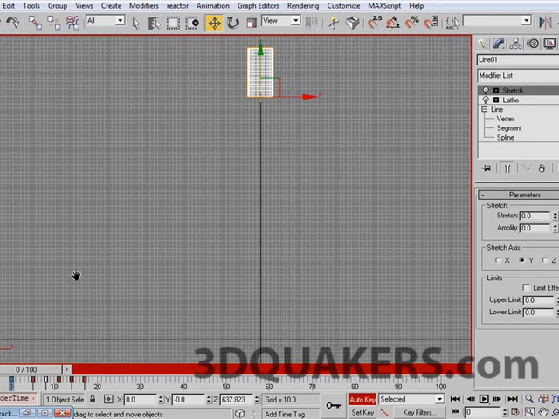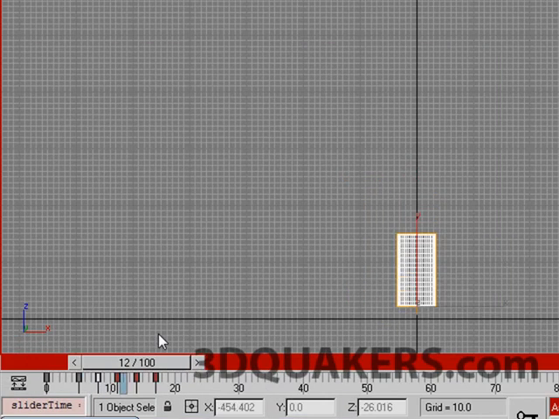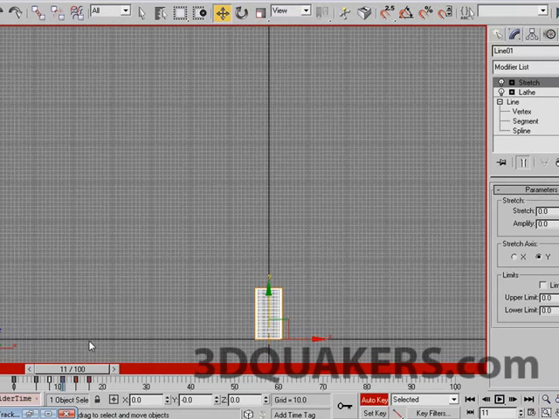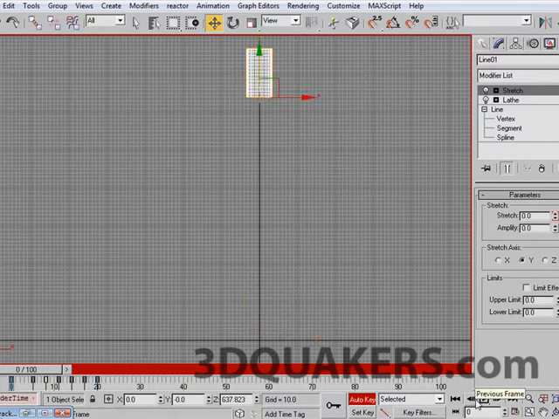Now let's work on the stretch motion. So while it falls down, it's going to be stretchy. So it goes down like this. So before it hits the ground, it's a bit stretchy. And when it goes back up, the stretch goes back to 0. So I have this. And when it hits the ground, it's a bit stretchy, but not as much as before. And then up in the air, it loses its stretchiness. And then when it hits the ground the last time, it's a bit stretchy. And then after a while, it resets to 0. So if I press play,